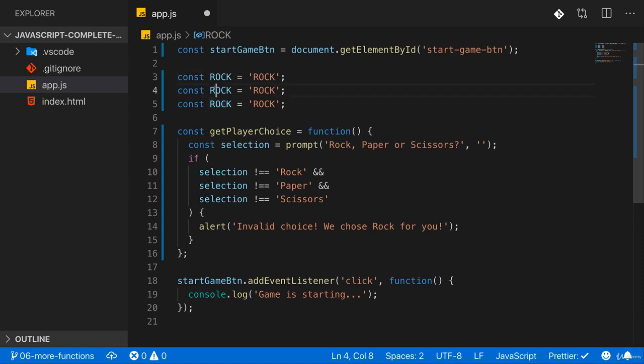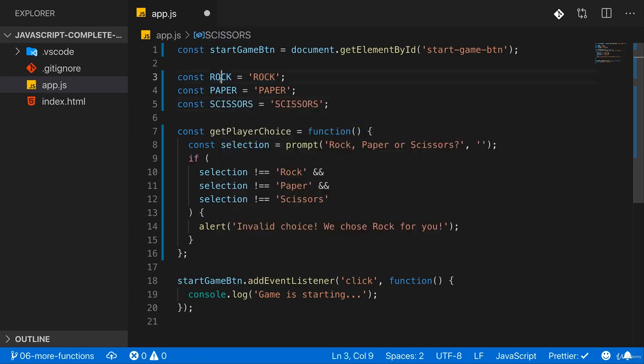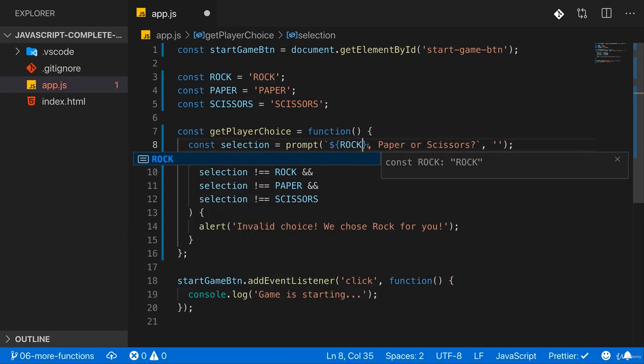And duplicate this, and then also here have paper, and also here have scissors. And the advantage of this is that now here I can use rock, here I can use paper, and here I can use scissors, and I can't mistype. And we can even use that here in our template literal and ask for rock,